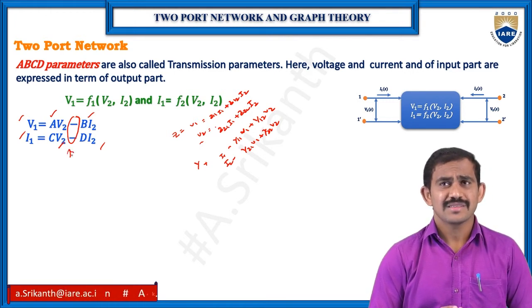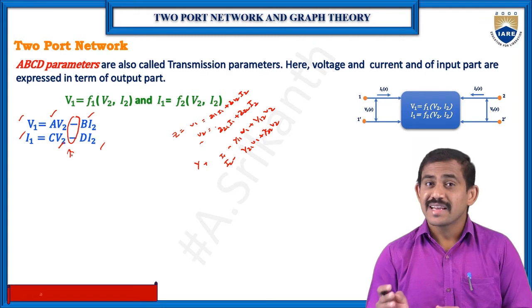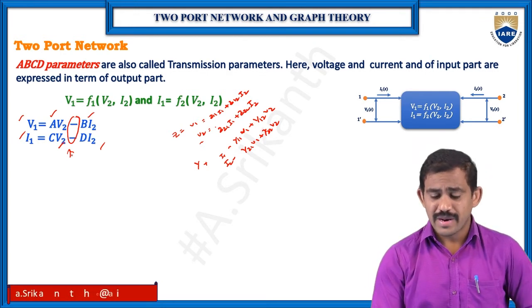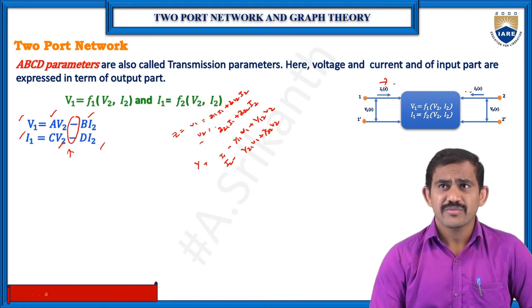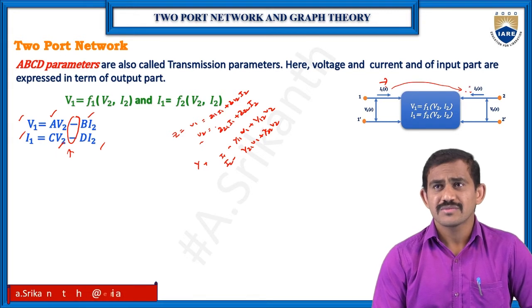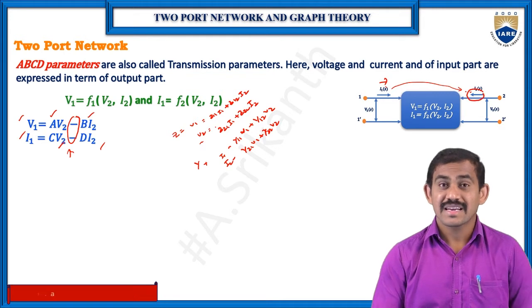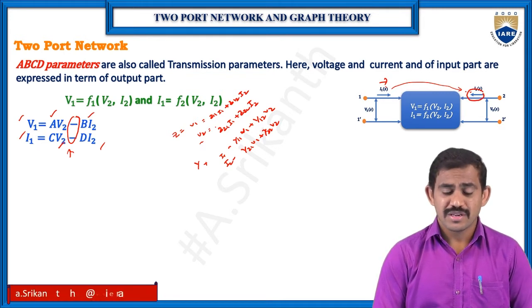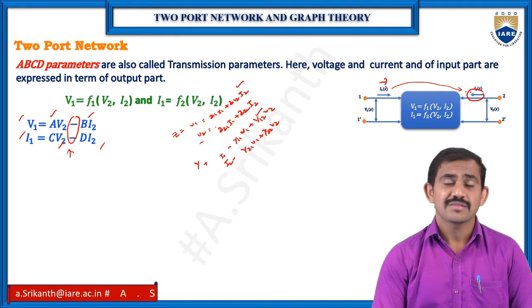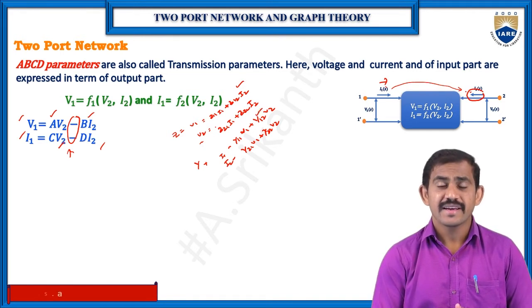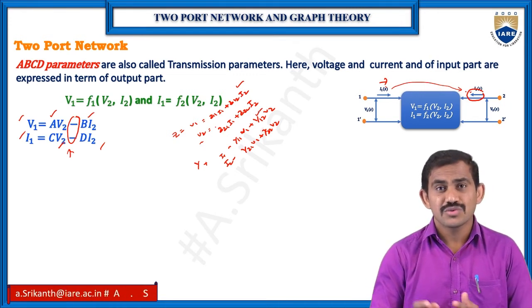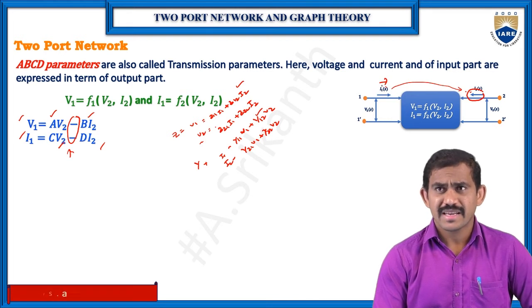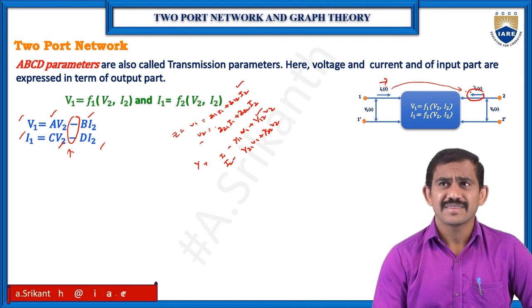Why this minus value? This is a transmission line, from one place to another place, primary to secondary. Just observe the primary and secondary direction, a transmission from here to there. When transmitting from primary to secondary, the secondary current is reversed compared to the primary. In the remaining cases we are just finding impedance and admittance values, but here we need to find the transmission line parameters, so we need to transmit from one place to another. So when I transmit, the primary current and secondary current are in reverse directions.